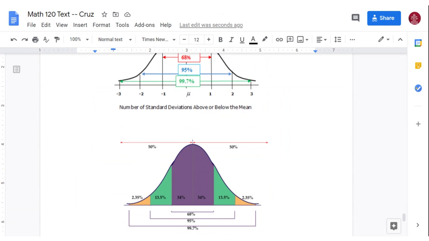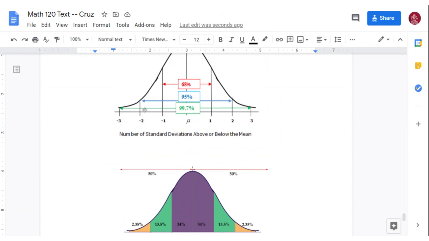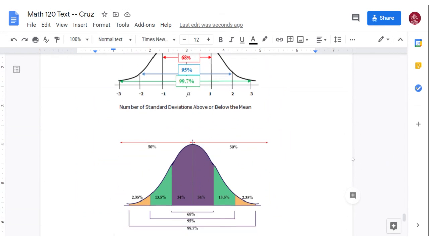If we go out two standard deviations, 1, 2, 1, 2 from the mean in both directions, that's 95% of the data. From here over to here. That's 95% of what's underneath that curve. All right. So from here, where the green and the orange change, to over here, where the green and orange change, is 95%. Now, they've got it broken up into these little blocks, and this can be helpful to let you